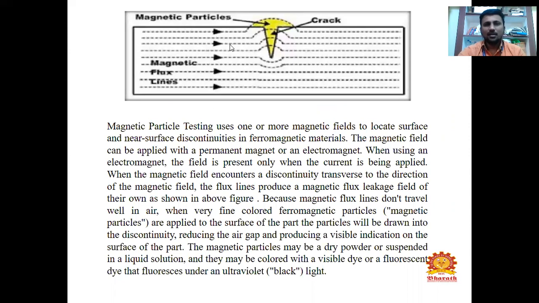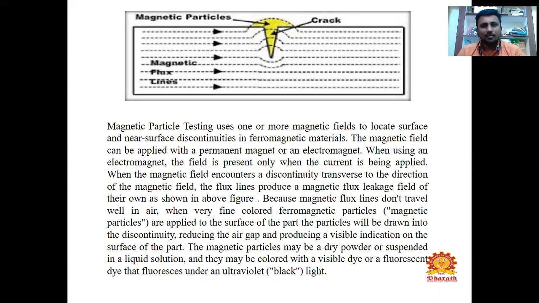See, here is an example of how defects are found by magnetic particle inspection, which we are going to see now. Magnetic particle testing uses one or more magnetic fields to locate surface and near-surface discontinuities in ferromagnetic materials.